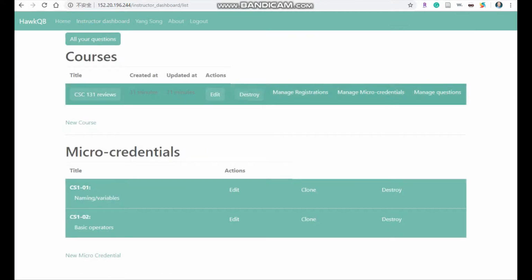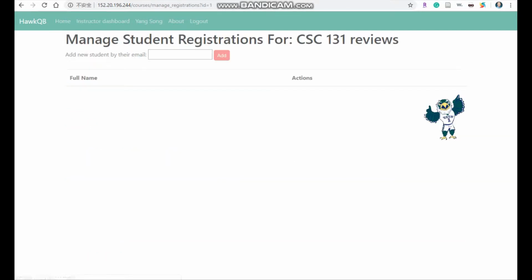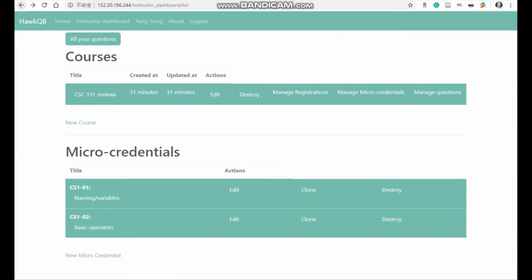And on the course, you can see there's a button, manage registrations. If you click here, you should be able to see all the students, but for now, I don't have any students here. And if you know a student email and he or she has already registered, you can also drag a student into your course. But unfortunately, currently I only have 2 students, and they are both myself. And let's move on